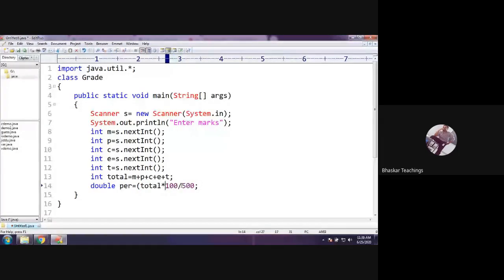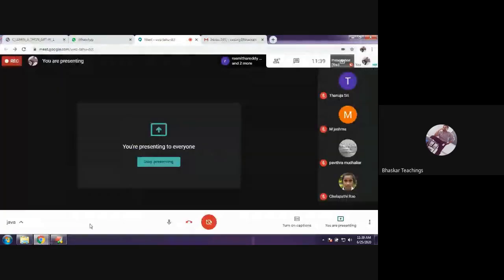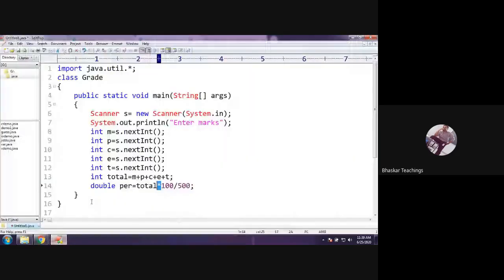If you have some plus or minus here, highest priority is given to multiplication, modulus and division operators. Next priority is given to plus and minus. If equal priorities are there like this, then it is evaluated from left to right. So if you get confused in such expressions, you better provide brackets. It will be clear.